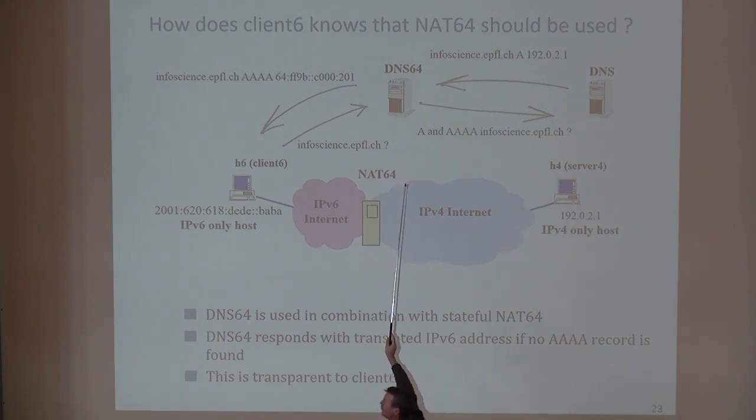The DNS server doesn't need a special table for that. It just needs to be configured with the same prefix, this 96-bit prefix. It will translate for me the IPv4 address into an IPv6 address. And from there, this guy does not know that it's talking to an IPv4 server. So from there on, you are communicating with an IPv6 server, at least at the IP layer. You have obtained an IPv6 address, which is the beauty of this thing. It's transparent to client 6. Right?